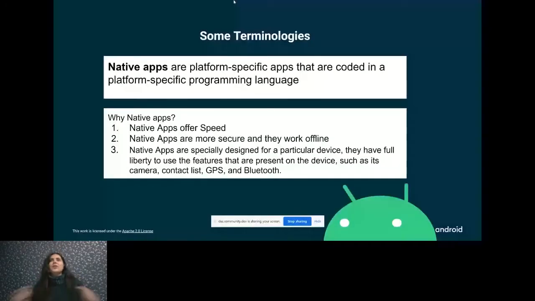Before we get to what a program is and what languages in programming are, since this is specifically for app development, I would like to share some terminologies in app development. Generally, we divide app development, mobile app types, into 3 groups. One is native, the second is web application, and the third is hybrid application.